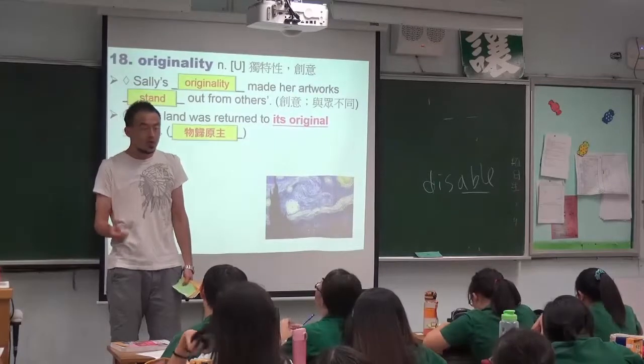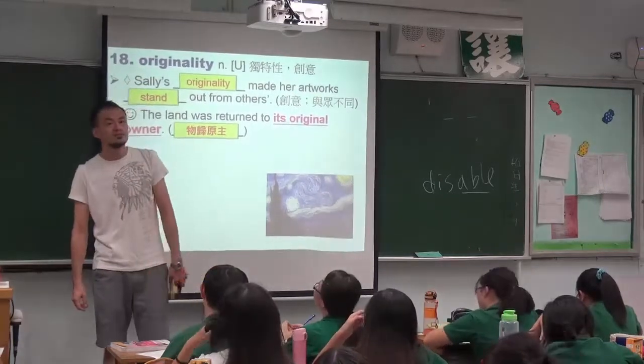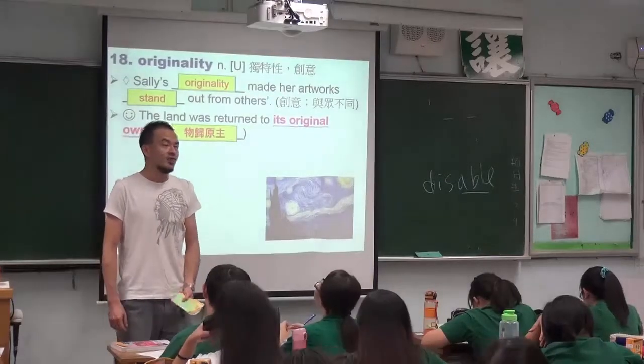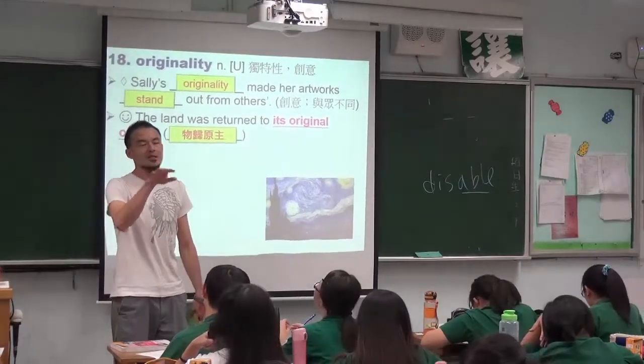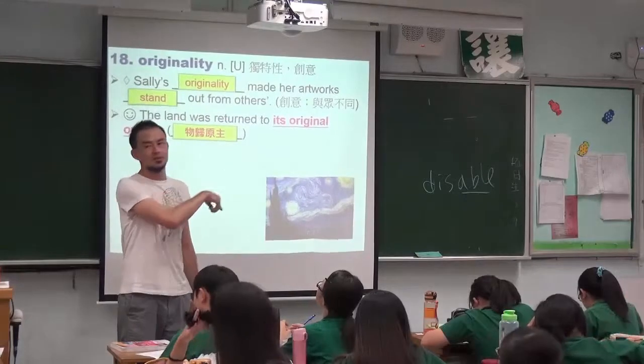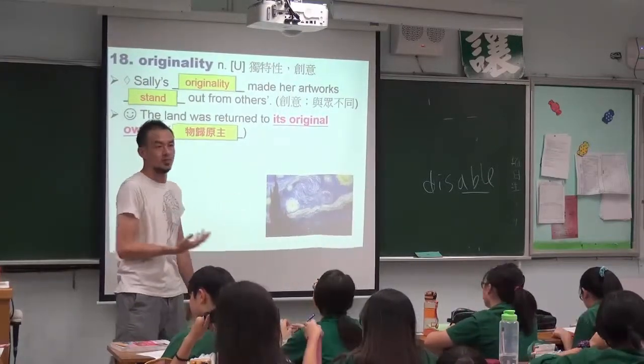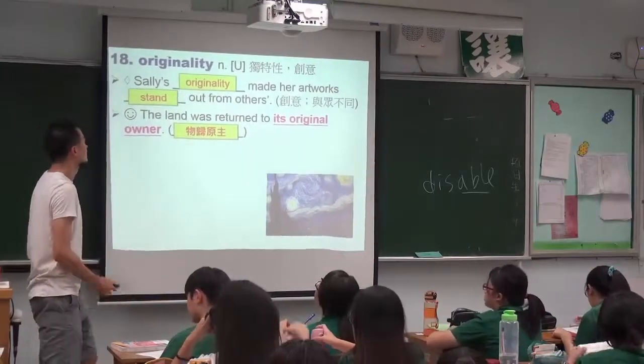Van Gogh. You know Van Gogh? In Chinese, you might say 梵高. So if you say something is an original of another person's works, you mean it was written, it was painted by that person, him or herself. It's okay. So here we move on.